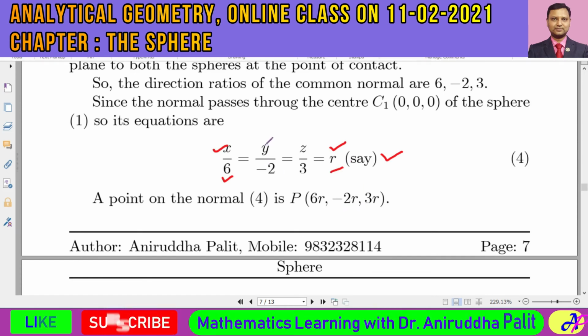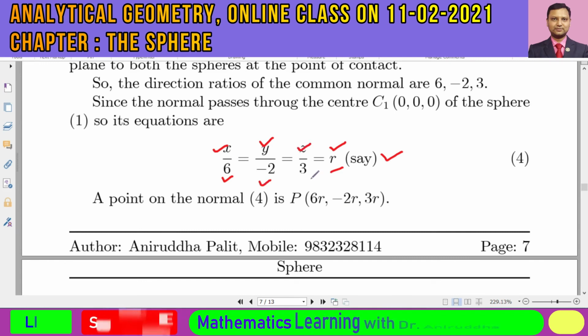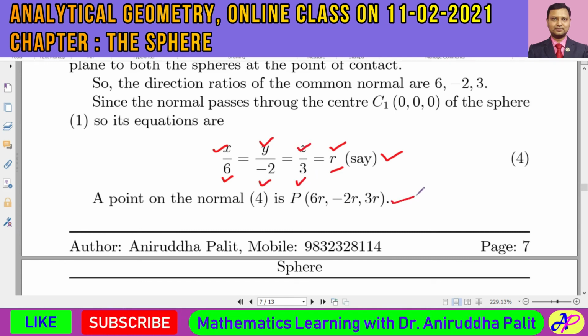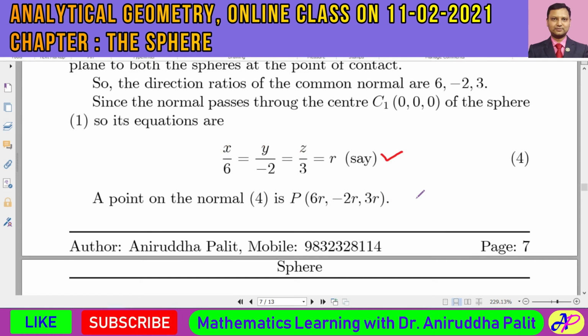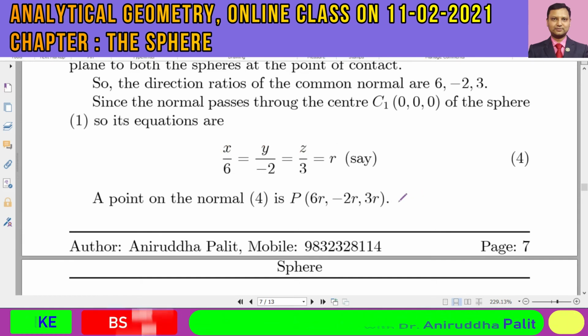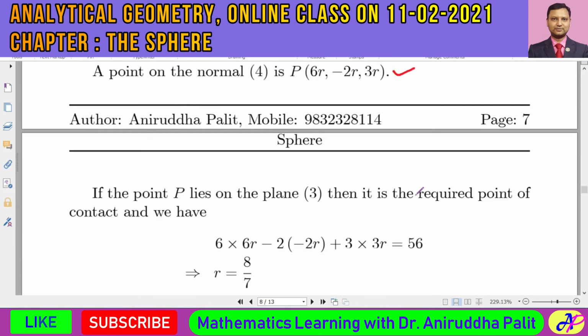Y would be equal to minus 2 into r, and z would be equal to 3 into r. So P may have this kind of coordinates. All right. And if this point P lies on both of these two spheres, you can consider any sphere, or